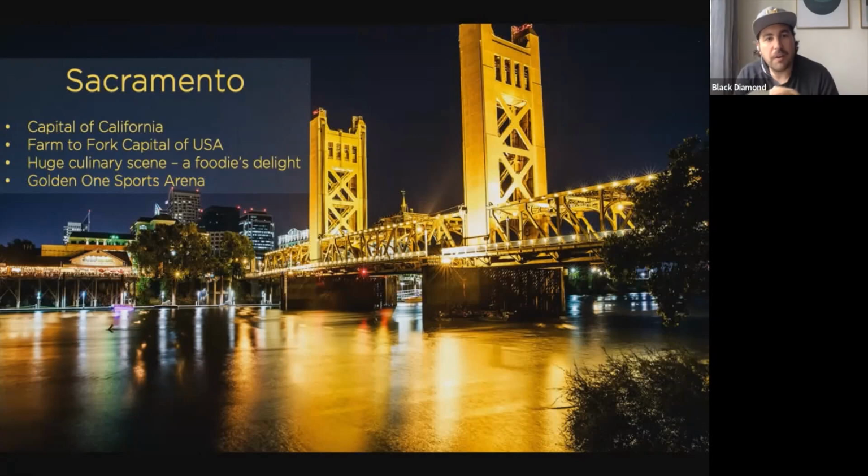Just in front, you can see the city skyline behind that. That little black building is actually the California office, where we sit when we're in Sacramento for our meetings. Quite a fun little city, great for food, and a good couple of nights stop.